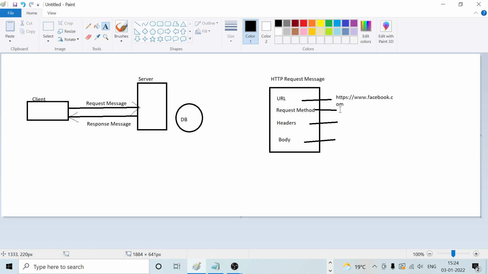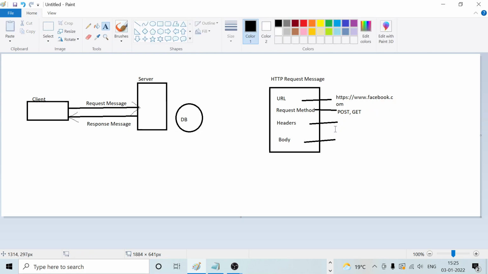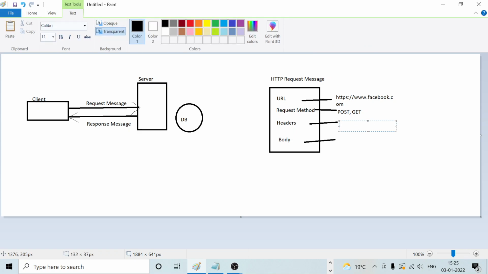And request method means you are posting something, or you can use the get method to retrieve some information, and the post method when you are updating some information. And header is not meaningful information, but it is metadata information. It's not the main information in the request.